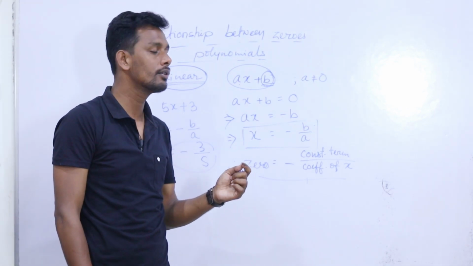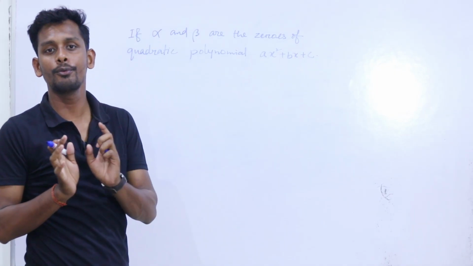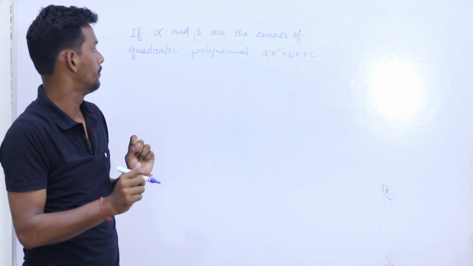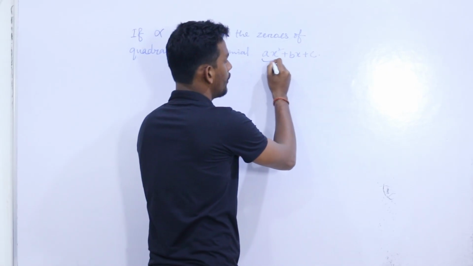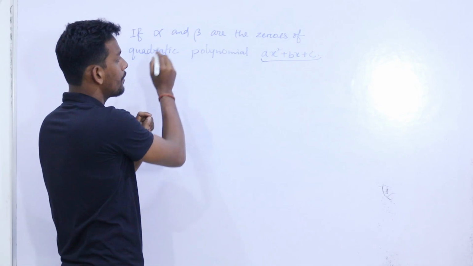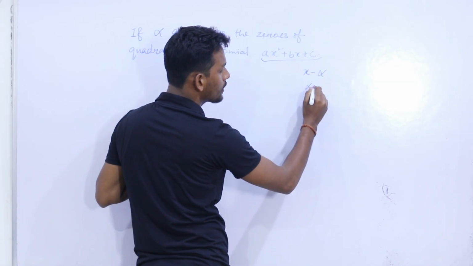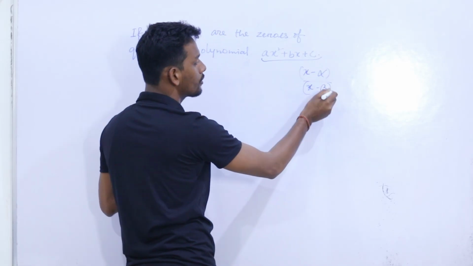Next we will discuss quadratic polynomials. So now how can you find the relationship? How can you prove the relationship between the zeros of the quadratic polynomial? Say alpha and beta are the zeros of this quadratic polynomial. Now if they are zeros, then x minus alpha and x minus beta are the factors of this